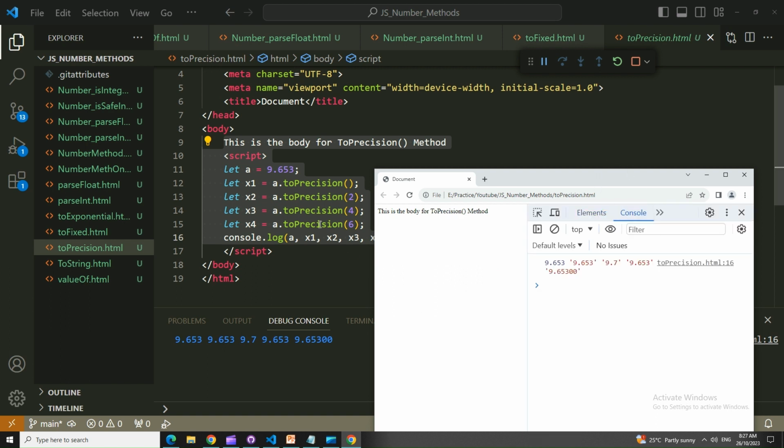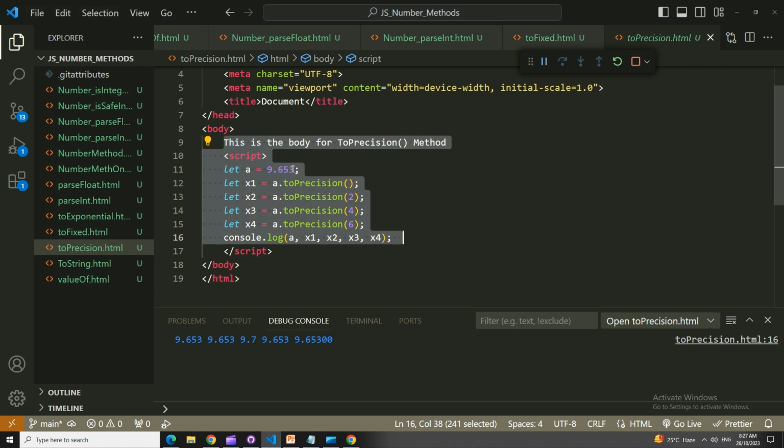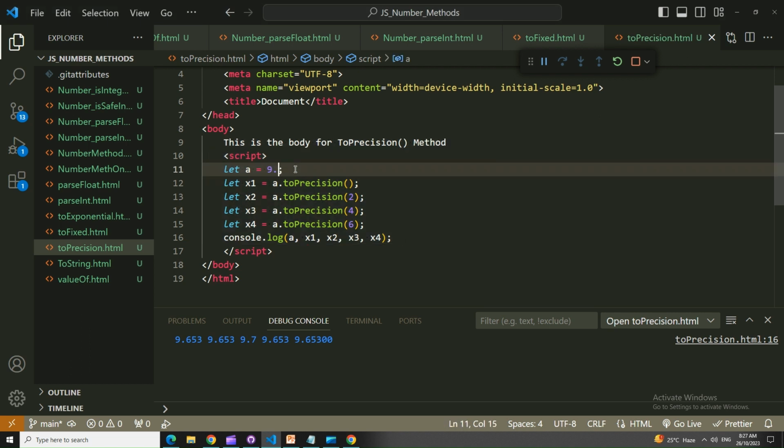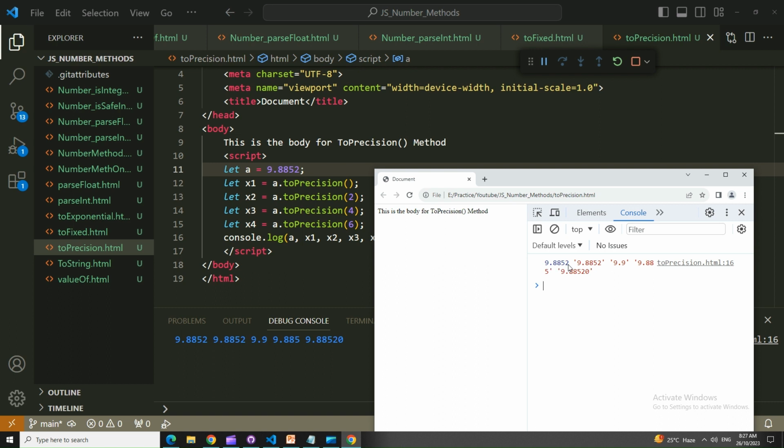Now this one, toPrecision, is showing, if the number is 9.653, I'll put this as 9.8852 and change this one. So you can see that it's showing the first one is for no precision, and then for 2, and then for 4, then for 6. Okay, so this one is 1, 2, 3, 4, 5. 6 gives us up to 5 places, 4 gives us up to 3 places, 2 gives us only a 1